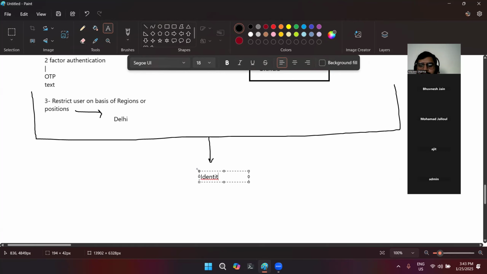Now, can anyone tell me what is the definition that you can give to an identity? What is an identity? It is also a very good interview question. Whenever you are going to give a cloud interview, if someone is going to ask you about IAM, the first and very basic question someone can ask you is, what is an identity? Can anyone tell me what is an identity?